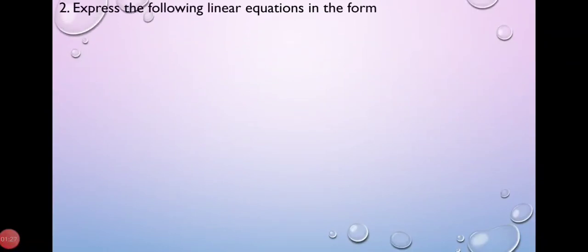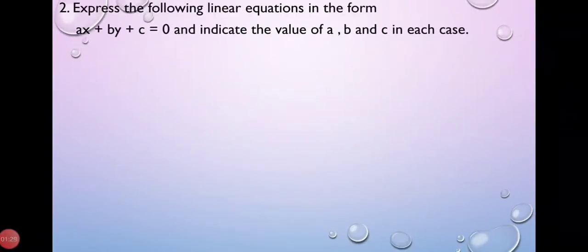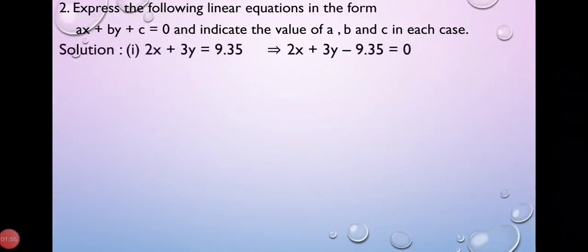Express the following linear pairs in the form ax plus by plus c equal to 0 and indicate the value of a, b and c in each case. In this question, linear equations are given which you have to write in the general form, that is ax plus by plus c equal to 0, and also we have to find the value of a, b and c in the respective linear equation. So for solution, number 1, 2x plus 3y equal to